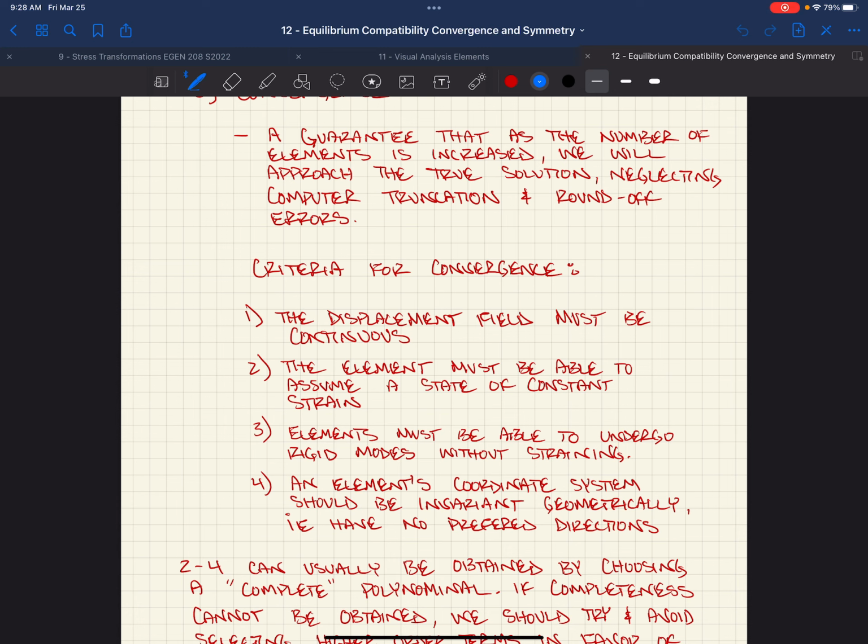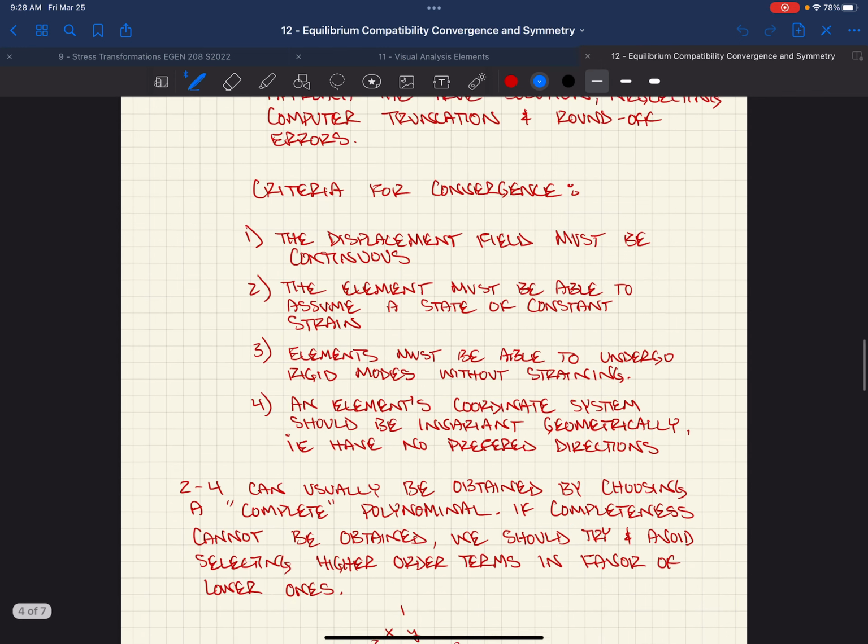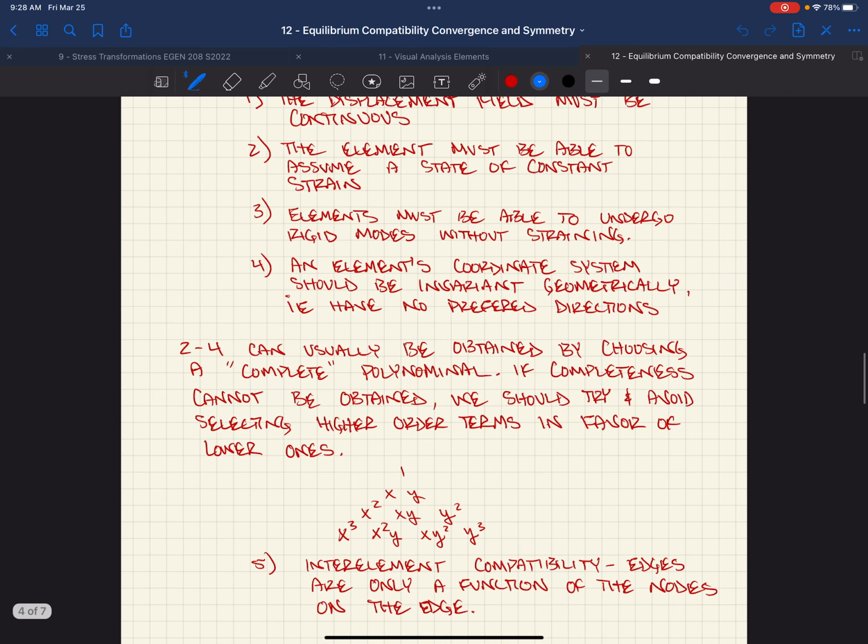An element's coordinate system should be invariant geometrically, right? It has no preferred directions, okay? You can't want to perform one way in one direction and differently in another direction, okay? Or want to go in one direction. 2 through 4